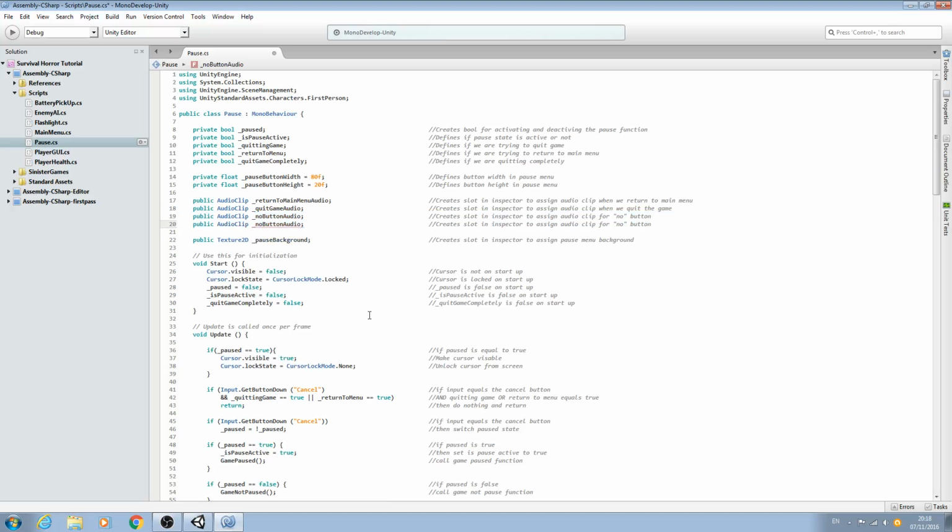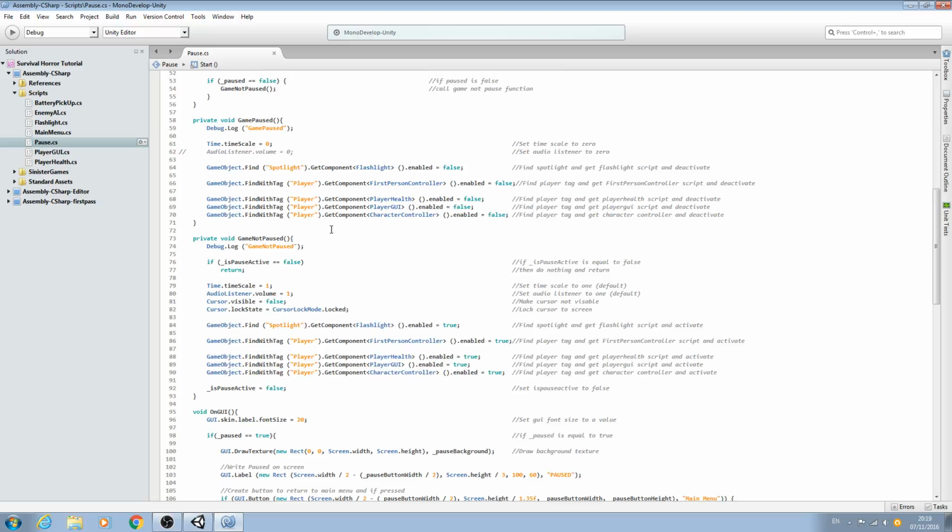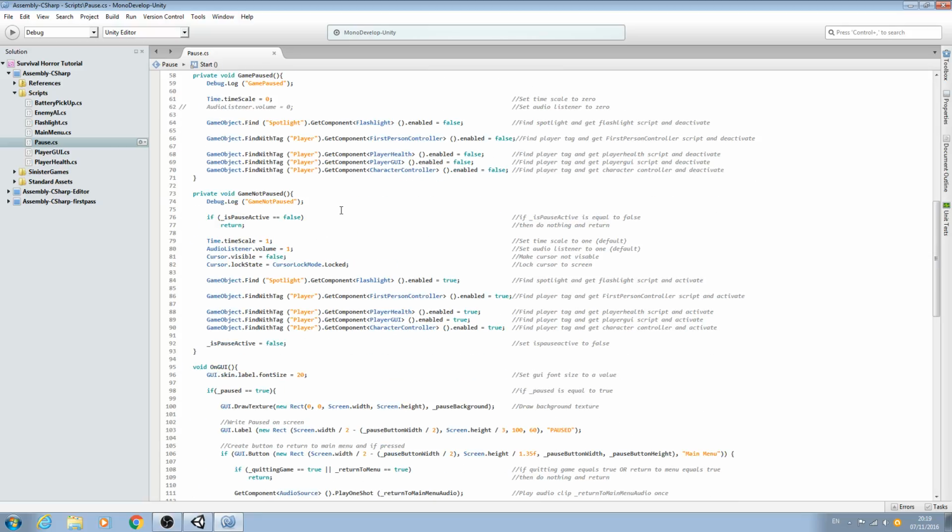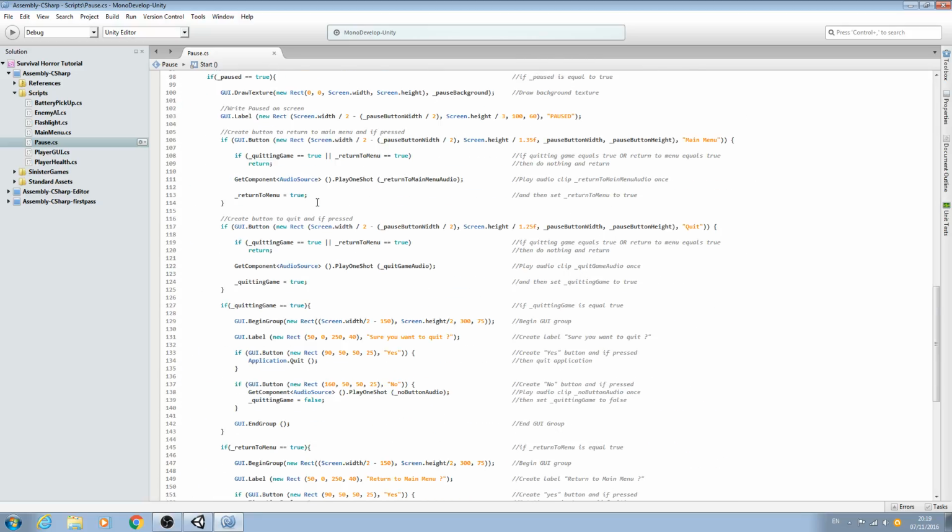Let's just copy and paste that line and change it to yes. And we just need to change the comment here. And we'll just save it off there for the moment. So now we have those in place, the bool, the new audio clip, and set to false in the void start. Let's come down to the void on GUI,